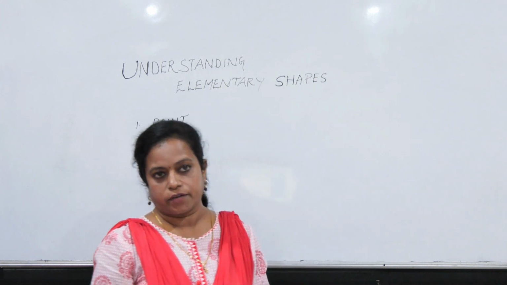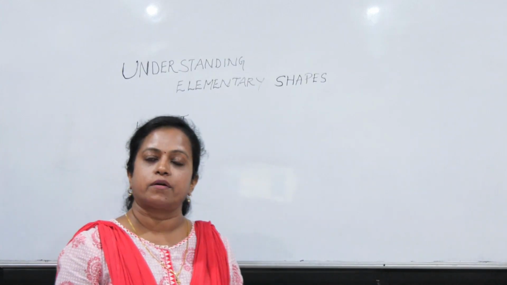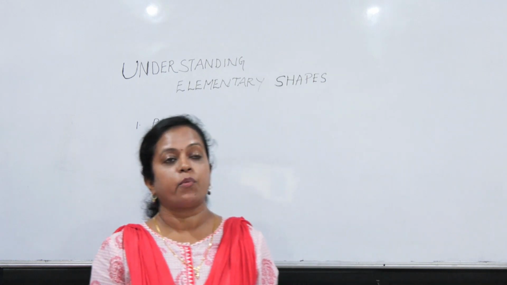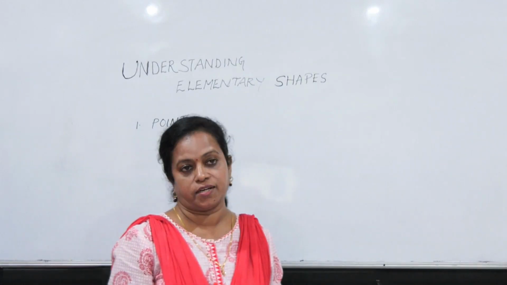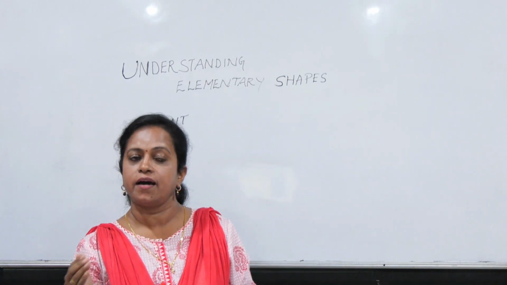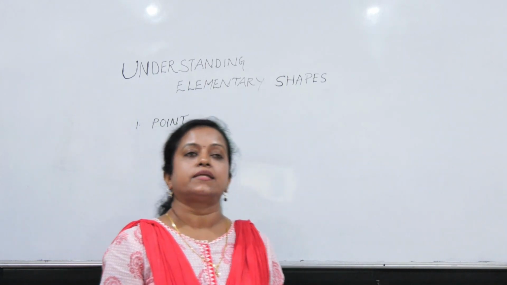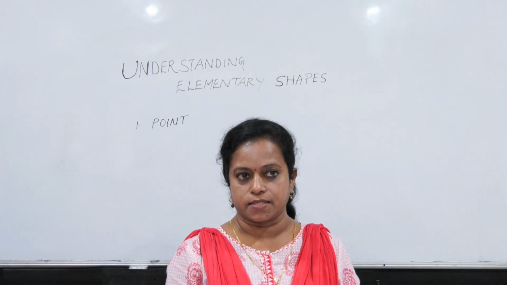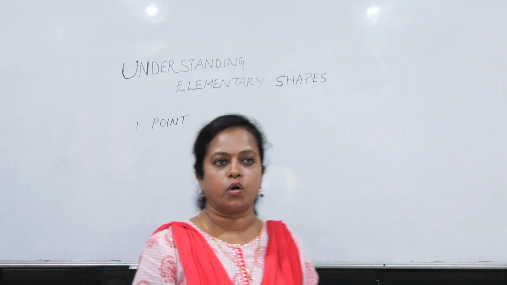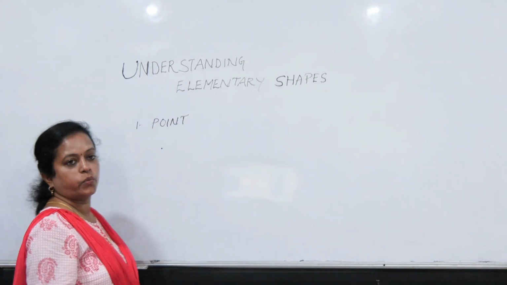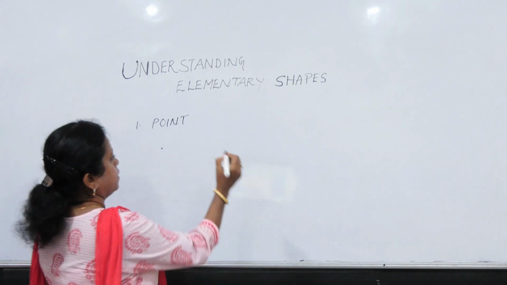What does a point refer to in geometry? A point represents a location or a fixed position. A point is dimensionless. Dimensionless का मतलब होता है इसका length, breadth या height नहीं होता है. And a point is denoted by a single capital letter and by using a small dot. एक point अगर हमें दिखाना है तो this is how we represent it in geometry.